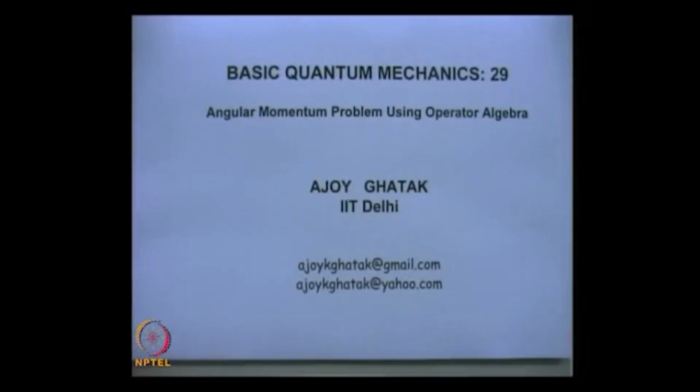In the following lecture we will be discussing the eigenvalue spectrum of the angular momentum operator using operator algebra. In the last lecture, we discussed that if there are two observables denoted by the operators alpha and beta, and if they commute, then they will have simultaneous eigenkets. In fact, we considered first that the operator alpha